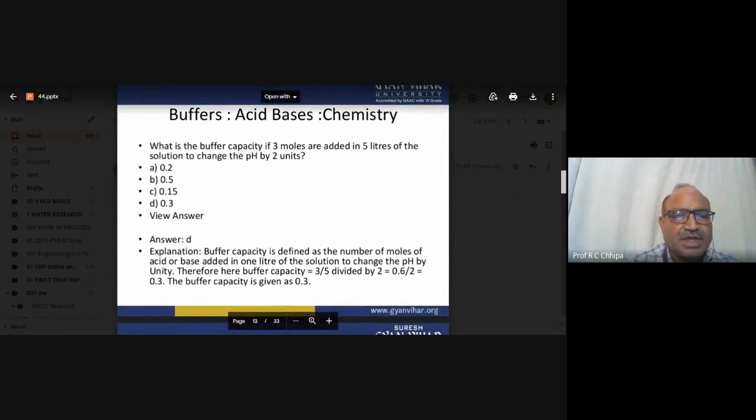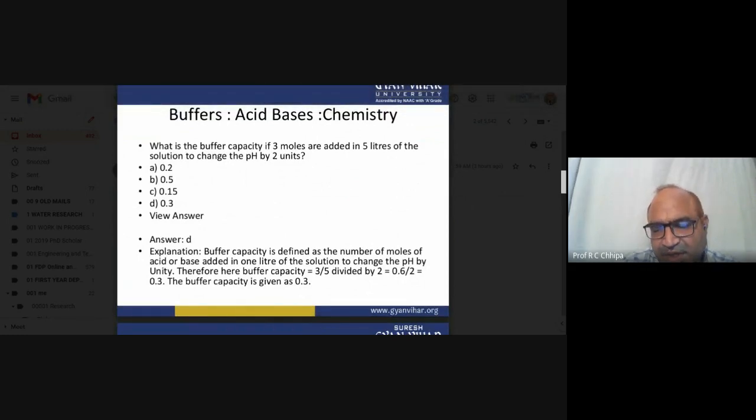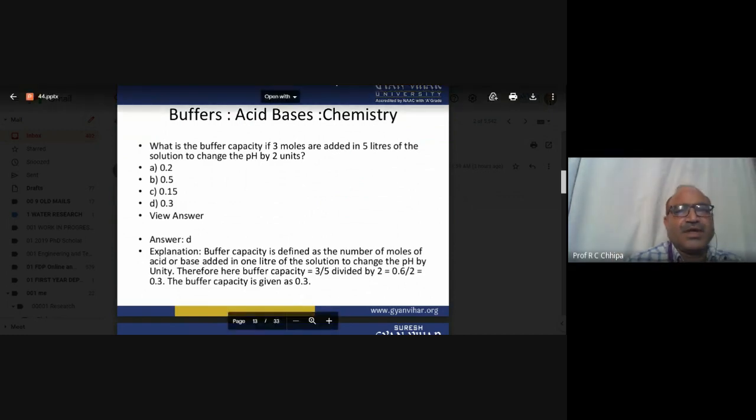Now another question here: buffer capacity. Here is the question: what is the buffer capacity if 3 moles are added in 5 liters of solution to change the pH by 2 units? So here the answer is D, 0.3, and buffer capacity is defined as the